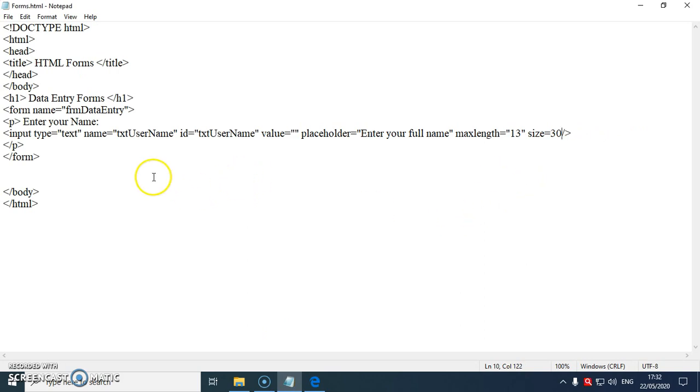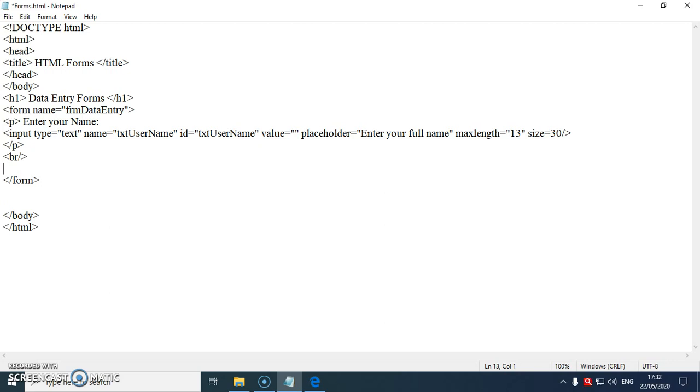I hope you have understood the input control with the text attribute. Okay, type is equal to text, type attribute with the text value. Now you have seen the h1 tag and p tag, both these tags are block level tags and they consume the complete width, but not the input tag. So after the input tag we should always give a break. Break is again a singular tag. So if we want to move to the next line, we should give a break. Right now we have closed a p here, so a break will come, but still I am giving a break here.